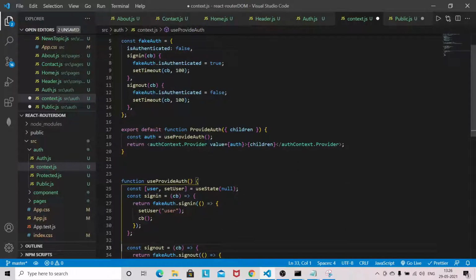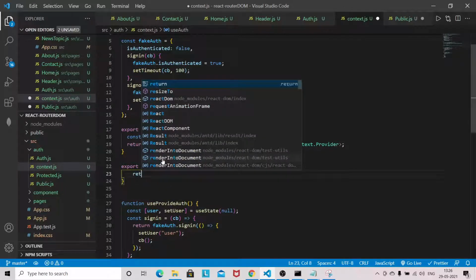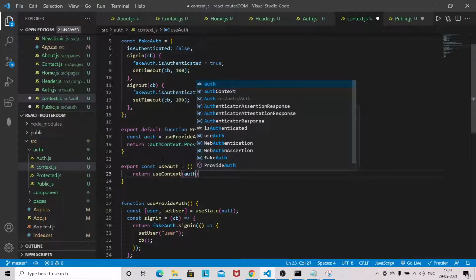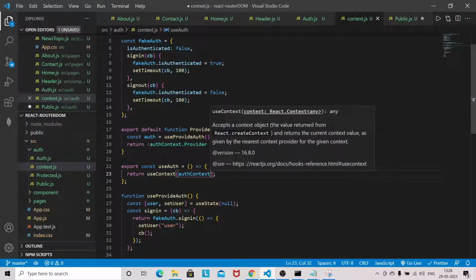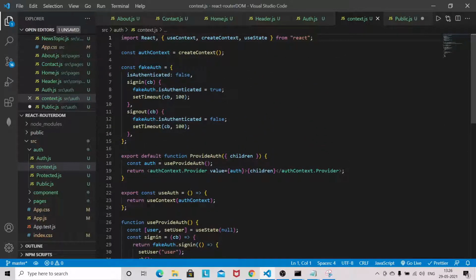In order to use the signIn, signOut, and user from this context, we need to export the auth context. So useAuth: return useContext and authContext. So we are done with this context logic.